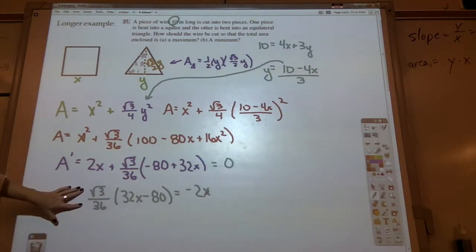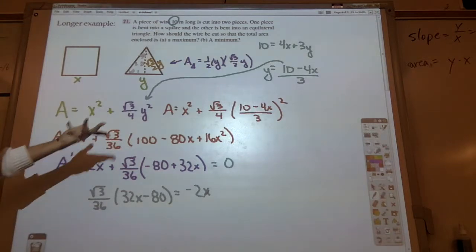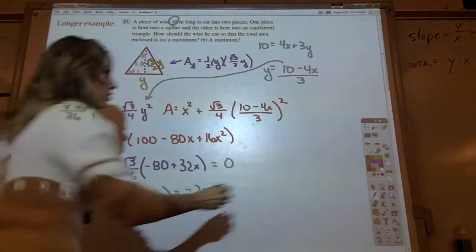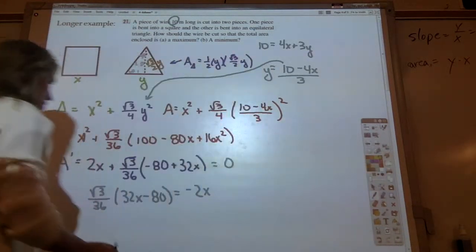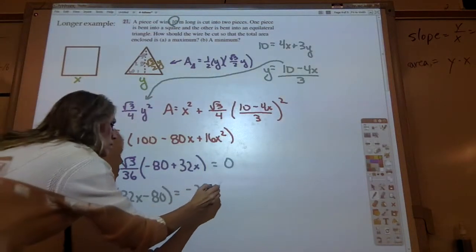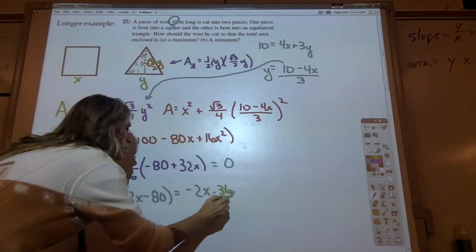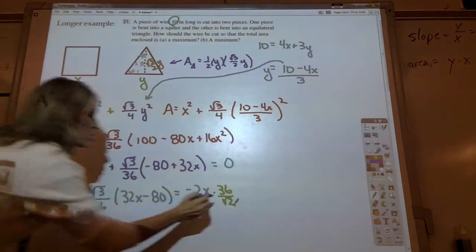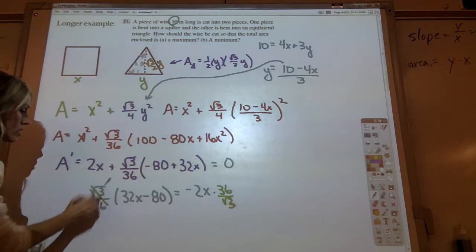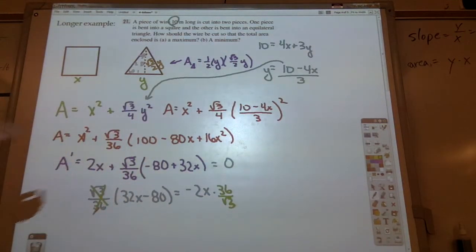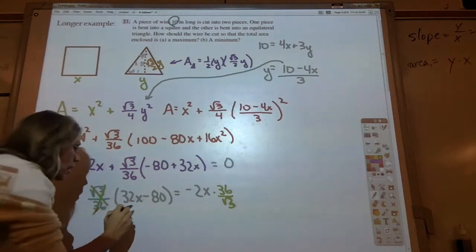Now you can distribute this through or divide it out. Okay, so I'm going to put it on the other side. And no, we don't have to rationalize anything. All right, so